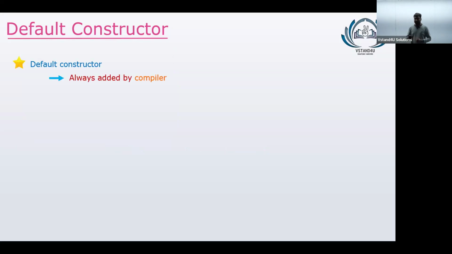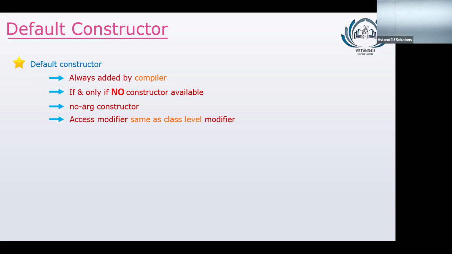Moving forward, there are a few things we started learning about the default constructor. A default constructor is always added by the compiler. Second point: it is added by the compiler if and only if there is no constructor available. Third, it is always a no argument constructor. Then comes the access modifier, same as the class level. Then the last and most important thing: the first line of a default constructor is always a call to